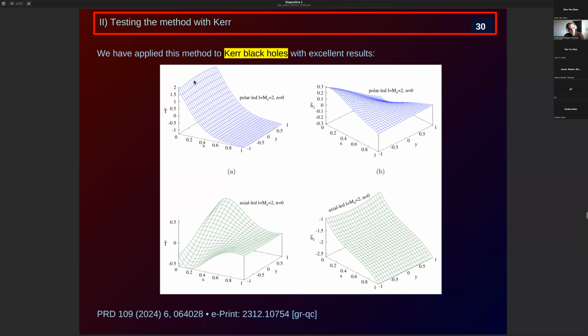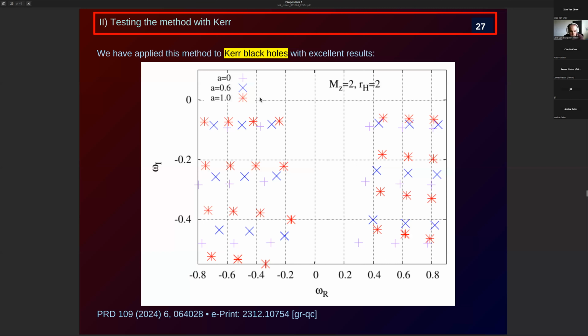So with the same mode, Kerr has isospectrality. I didn't say that, but it's very well known. The fact that Kerr has isospectrality in the sense that L equals 2 axial and polar modes have the same value. In principle, in each point I show you here, you have two different modes with the same value of omega, but one has the perturbation functions dominating in the polar side, and the other one dominating in the axial side. That's also an important idea because now when we change theory, that isospectrality, that degeneracy of the spectrum in general is going to break. So that's what I want to show you now.